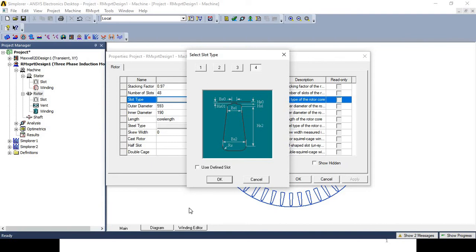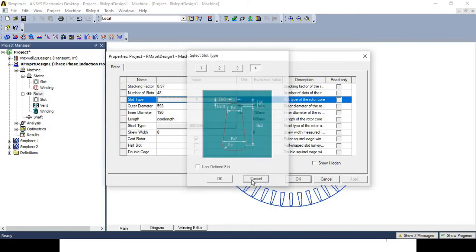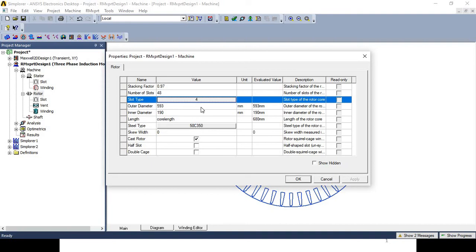So here in this case we had selected the slot type as 4.